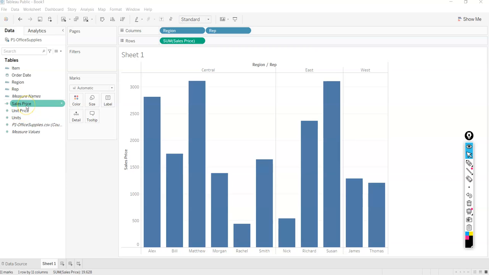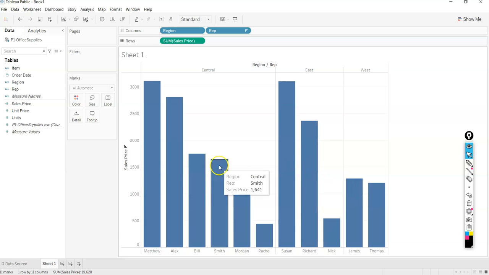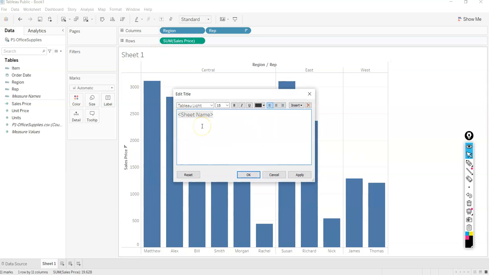So what did you do? You created a calculated field by multiplying unit price with units. So what else can you do? You can arrange it in descending order by clicking over here. So now you can see, now this looks much better, right? Now again, adding colors, giving a name to the sheet. Sheet name, what could we do? Bonus or top performing